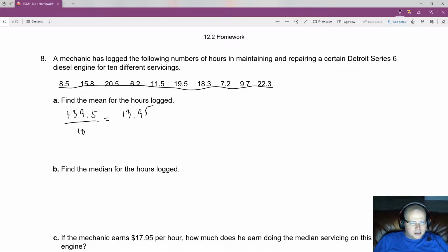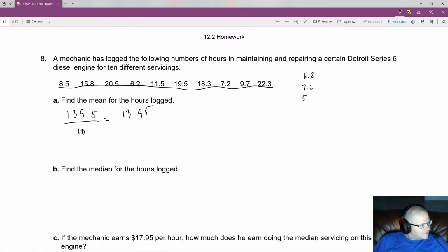Since there are 10, we're going to find 5 and 6. And then once we find 5 and 6, we are going to add them together and divide by 2, just taking the average of those two. So we could just find number 5 and number 6, add them together and divide by 2, or we can put them in order. So for instance, 6.2,